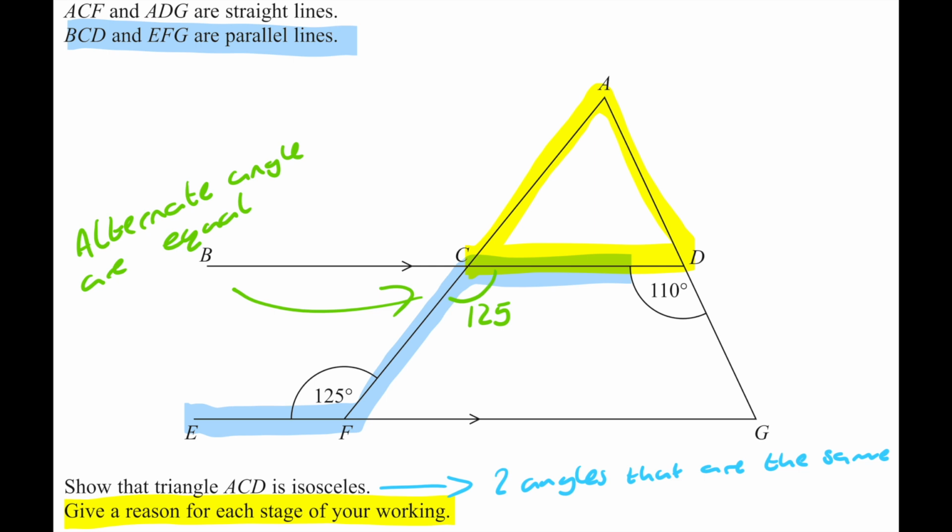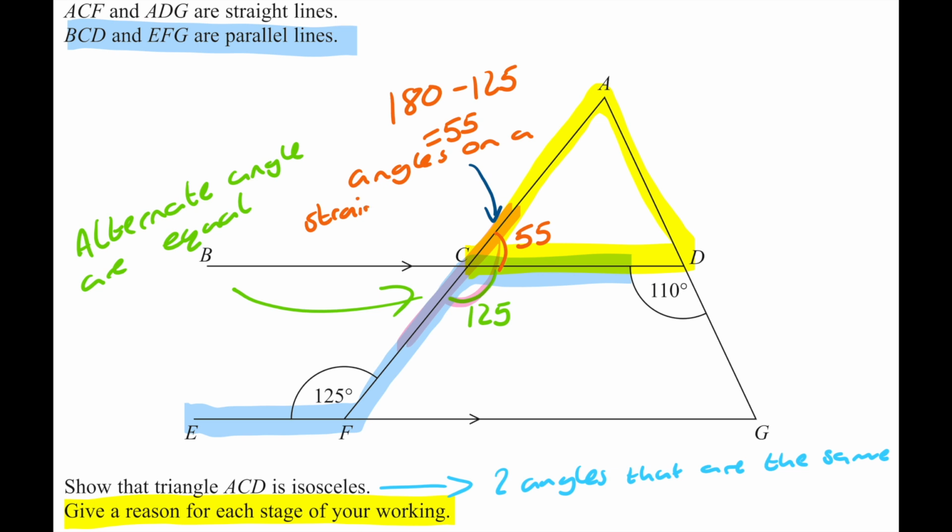The next rule that I'm going to look at is angles on a straight line add up to 180 degrees. So the straight line that I'm going to use is here. And those two angles together are going to add up to 180 degrees. So in order to find this angle here, I'm going to do 180 minus 125, which gives you 55. So that angle there is 55 degrees, and my reason for that is angles on a straight line add